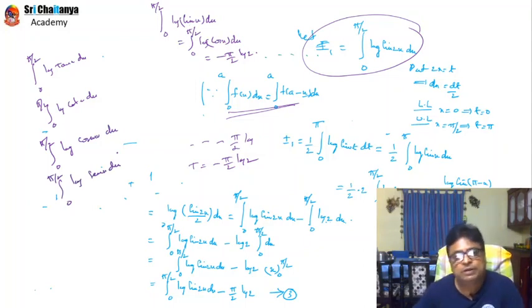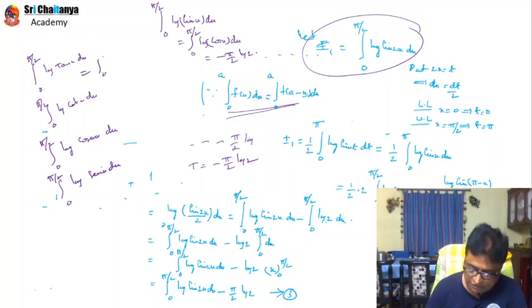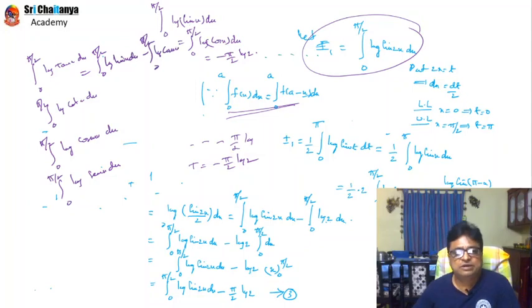Integration 0 to pi by 2 log tan x. How can I write this? This can be written as integration 0 to pi by 2 log sin x dx minus integration 0 to pi by 2 log cos x dx. Of course, it is not necessary to tell what the answer is. And how about